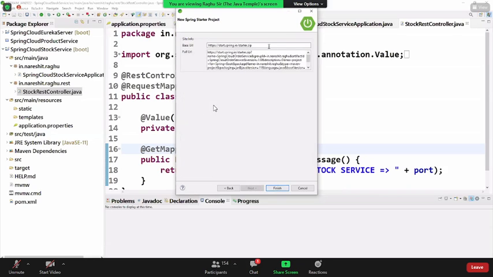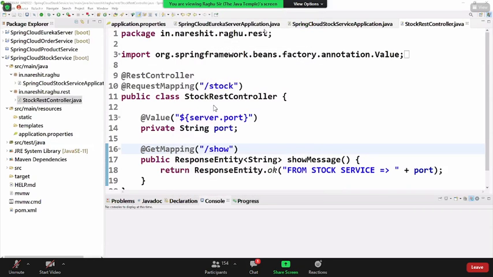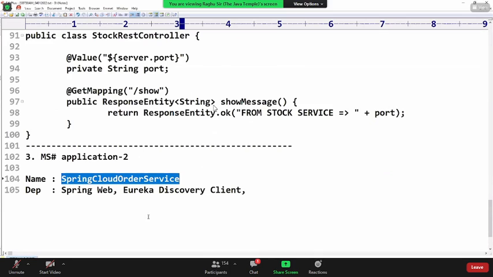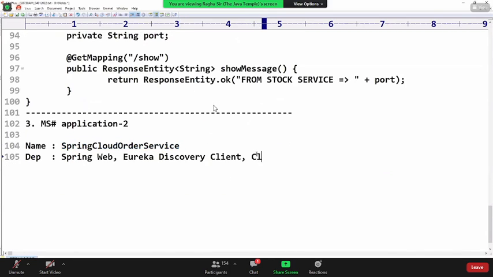Next button and finish button. This time cloud load balancer.